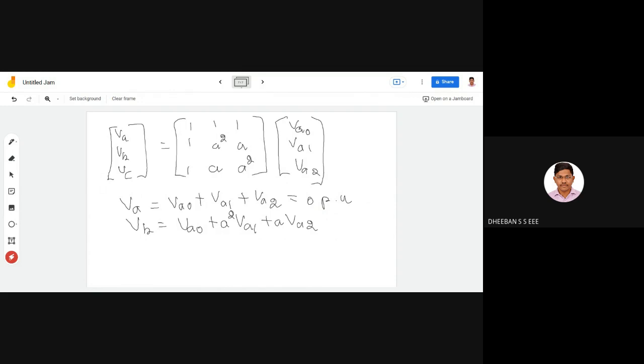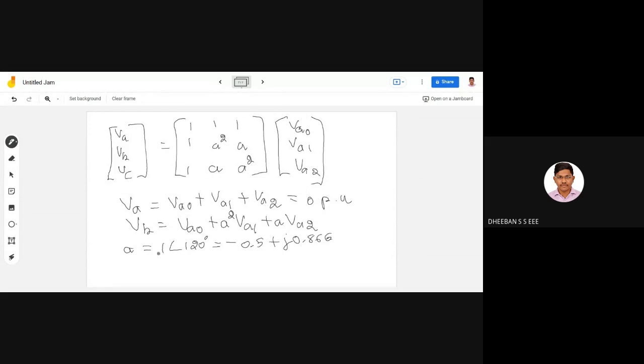And now we have to know about your A parameter. Okay, you have to stick on with your A parameter. As per the values you know, you have seen your symmetrical operator already. So A is equal to 1 at an angle of 120 degree. If you are representing this in a complex form, it will be somewhere around minus 0.5 plus j0.866. So you have to know about these values thoroughly.